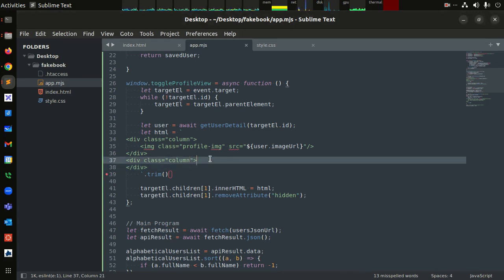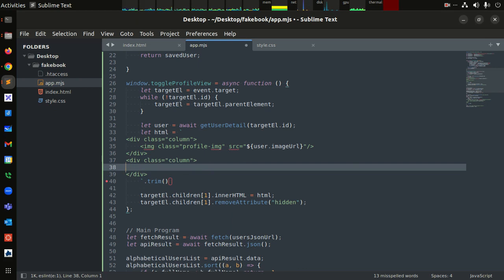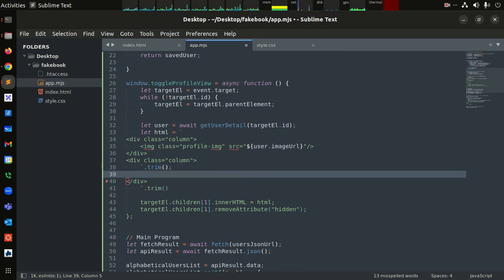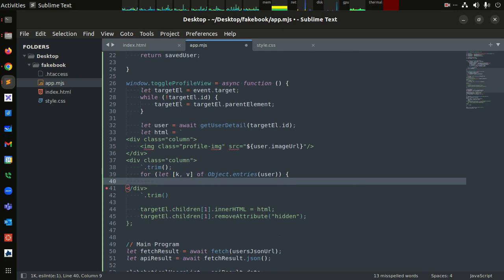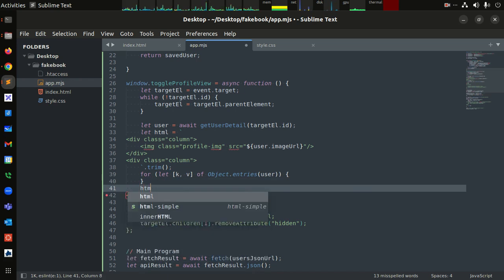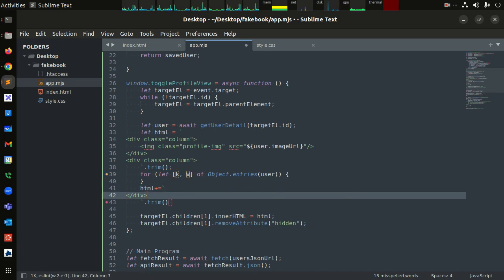So we're going to say .trim, and we want a for loop here. And then this is going to be HTML plus equals. And there's the end of our